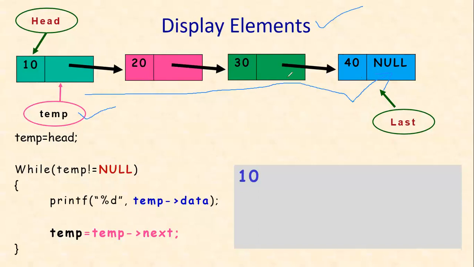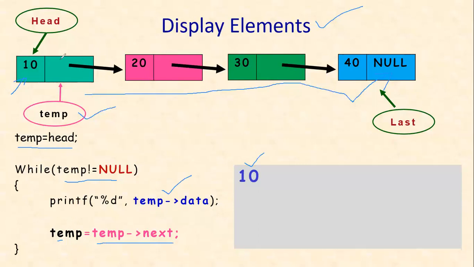Okay, so now what I am doing is this. What is the initial value of temp? It is head, so temp is pointing here. And definitely temp is not equal to null, because I have a list with 4 elements, right? Now I am displaying the data in it, that is 10. So 10 is displayed here. Then what I am going to do is, in for loops you used to do i is equal to i plus 1, that is i plus plus. In such a way, I am going to make temp is equal to temp next.